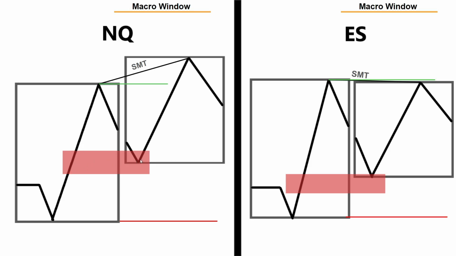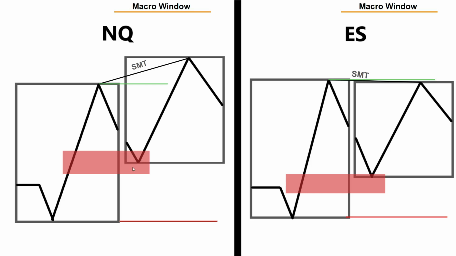After market drops down, this is our intermediate term low now because it's made inside of this imbalance. Market runs up one more time, taking our previous cycle's high, and SMT is formed at the highs. As you can see here, ES has dropped down into the inefficiency and came up but failed to do the same as NQ and hasn't taken out previous cycle's high. This is our first warning sign that manipulation is taking place in the marketplace and we could be expecting lower prices. After we get signs a high is forming, we should be expecting distribution back down to the downside and below this intermediate term low.